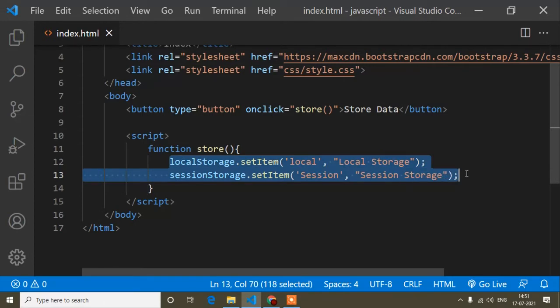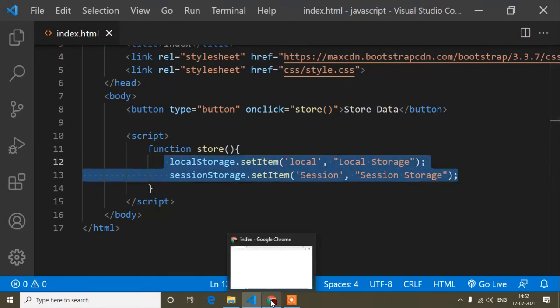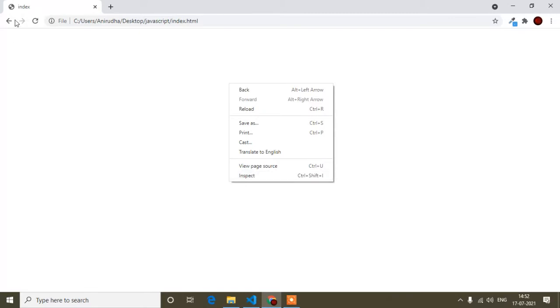Otherwise, every time the login functionality is needed, so most of the time we use the storage, and this is very important. And guys, where can you store this data? If I store this data, where will you find it? If you are new to storage, I'm just starting from the basics. First of all, I will refresh.